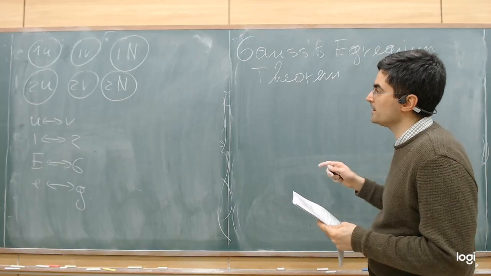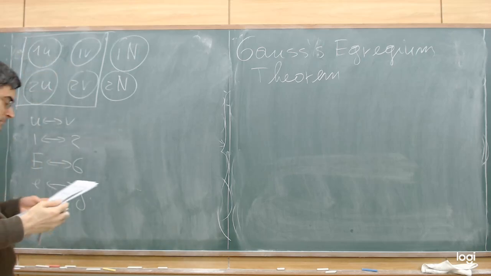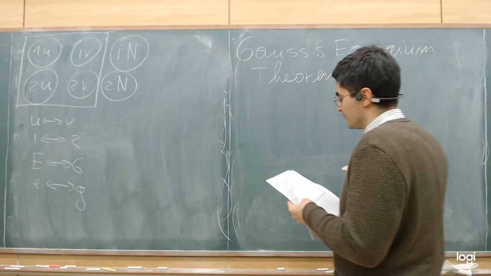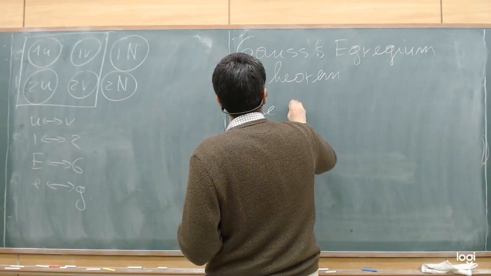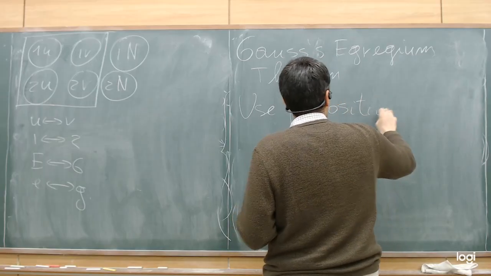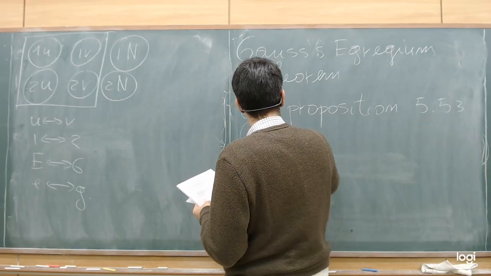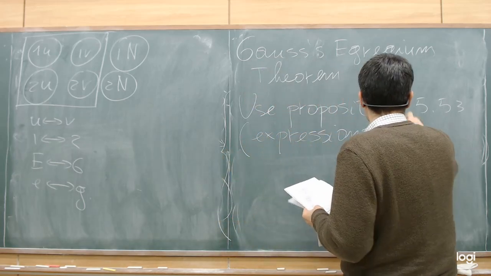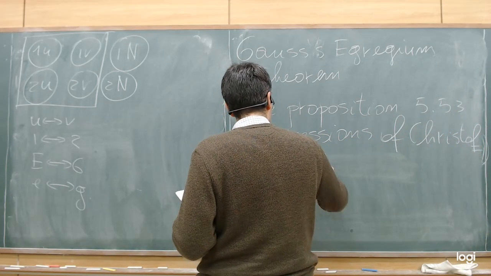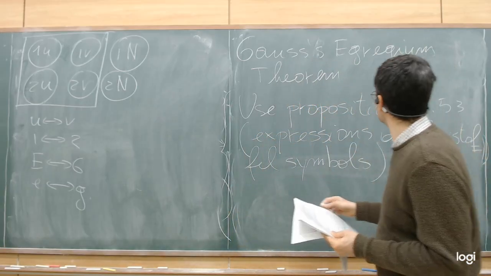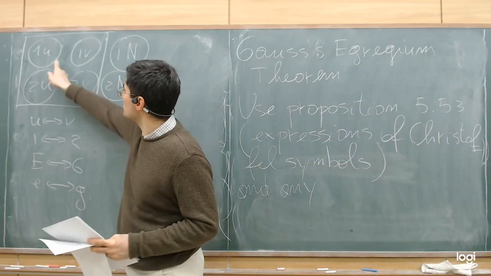Essentially, using one of these four equations, it's possible to prove that if we use proposition 5.53, which provides the expressions of the Christoffel symbols, into any one of these four equations,